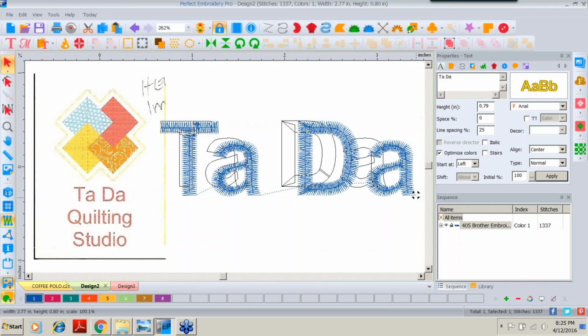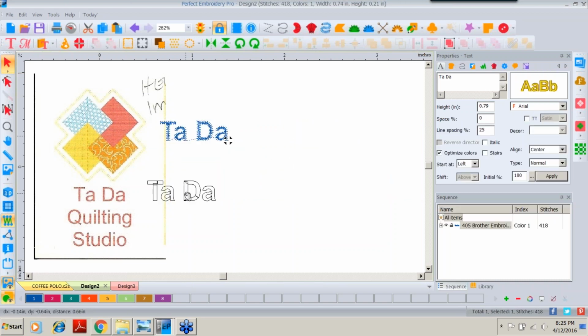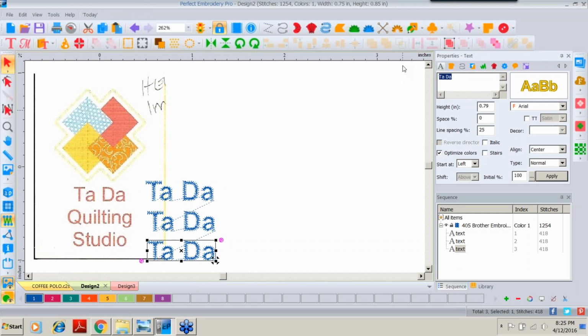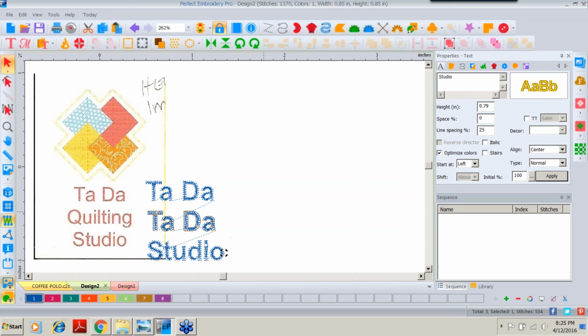It's a little too large to play with at the moment, so we'll bring this ta-da here, and actually that looks pretty darn close. I could go in and show you other ones, but the Arial and the block are going to do a very nice job. So once again, I would do my copy, paste, drag that box down, come up here and paste again, and drag that box down, and then go in and change those to be the words I need them to be. And I'll quickly type in quilting,